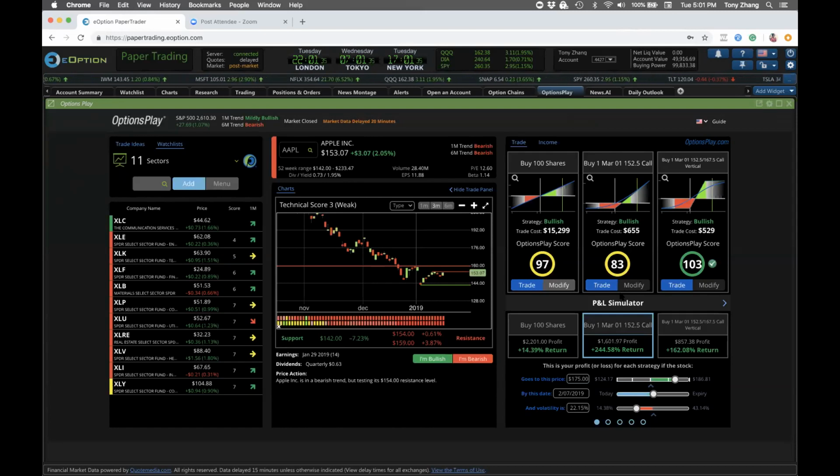make or lose for any strategy with any given outlook, so that you can understand how each strategy will perform if the stock goes in the direction you expect it to, or if it doesn't, so that you're prepared for this before you go into that trade. So with that, that wraps up what I wanted to show you guys here today.